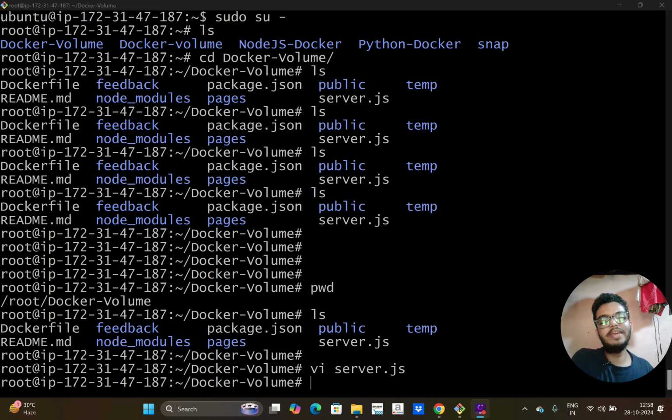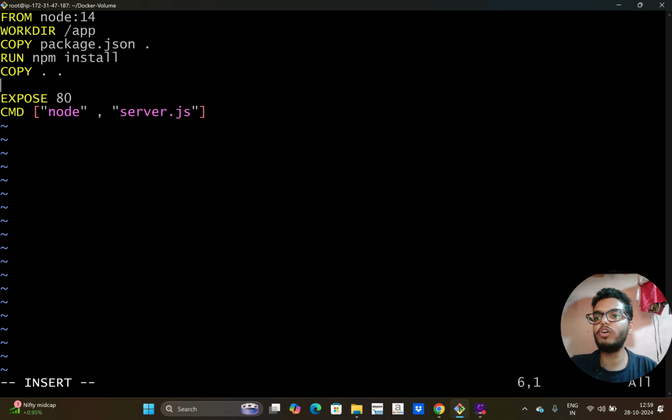Also, we can mention env in the Dockerfile. Let's see how that works. vi Dockerfile. Then in the Dockerfile, I can add an instruction for the environment variable. The instruction will be ENV, then the environment variable name that we have mentioned in our source code, that is PORT. Then we can add a default value here. I will add 80 only. Then in this EXPOSE instruction, instead of 80, I can add PORT. But the syntax for variables is different. I have to add $ also. Let me save this Dockerfile now.